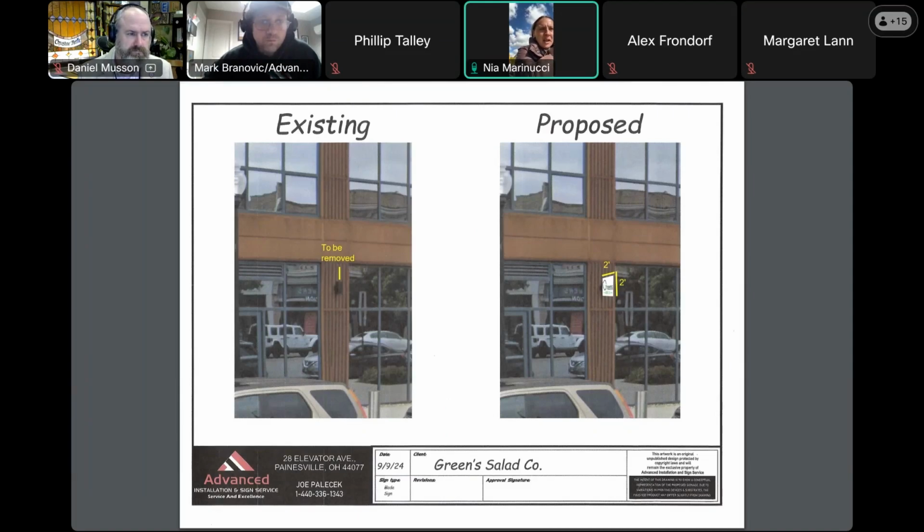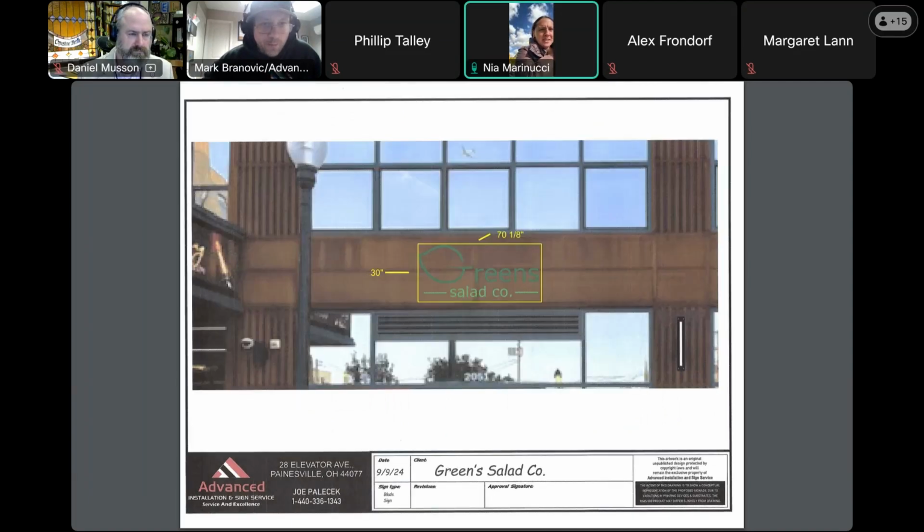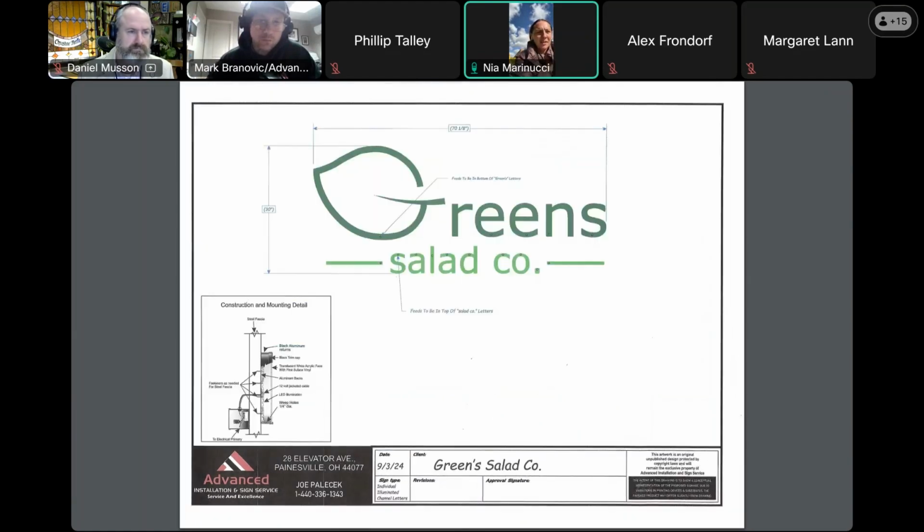My only comment or suggestion, I'm fine with both signs in terms of scale. I think the black trim cap, I don't know if that's the correct term, I'm just trying to read your drawing. My concern is that in the rendering, it doesn't look like the sign has enough contrast on that dark facade. I don't think it's illuminated either, and that could just be a product of the rendering. I would leave it up to the client, but maybe consider outlining it in white so that it can actually stand out from the facade.